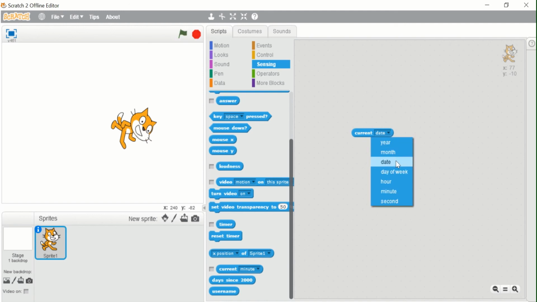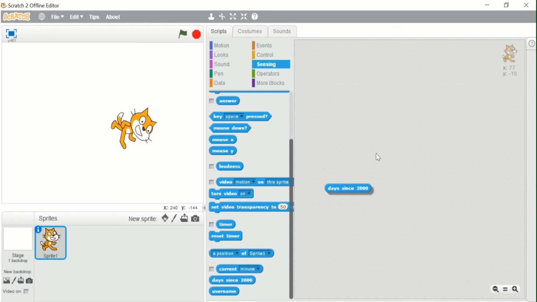And current day of week, today is 7th, the 7th day, which is Saturday. And current hour, which is 19, that means 7 o'clock in the PM. Current minute, which is 47. Current second, which is 15.